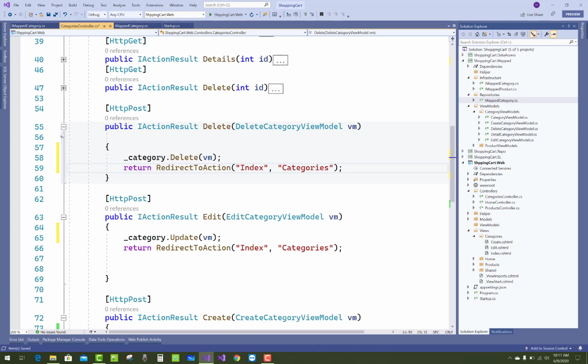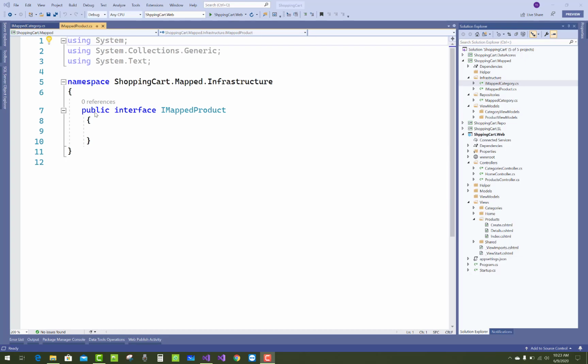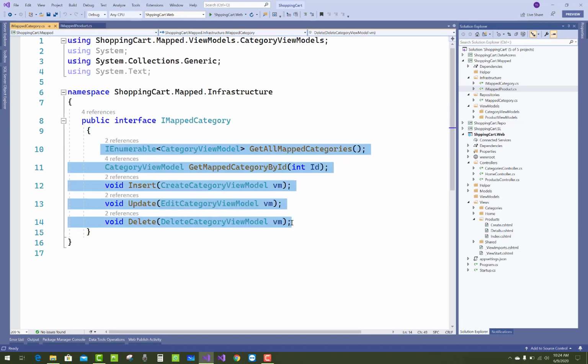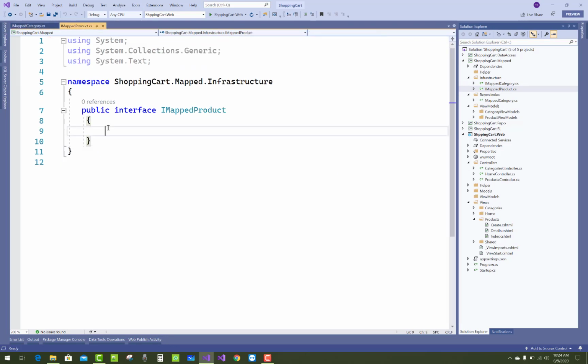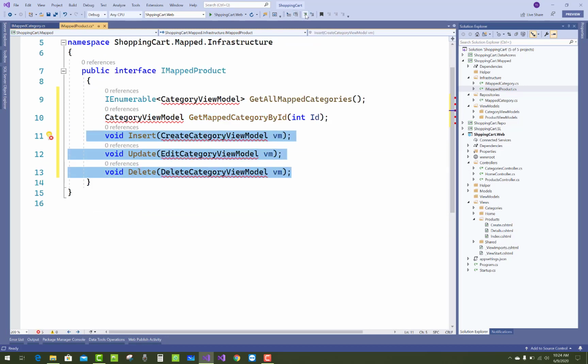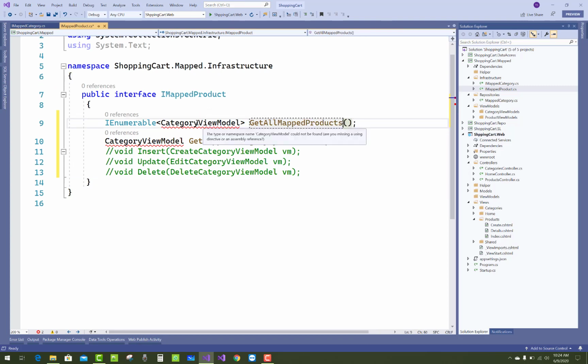Now just go to the section of product. So here we have a product interface. In the category interface we have 5 unimplemented methods. So just paste them inside the IMappedProduct, and 3.1 is actually commented because later on I will be working on it.